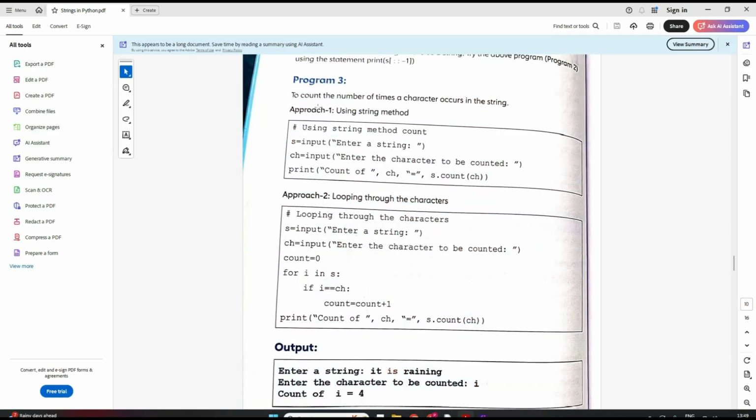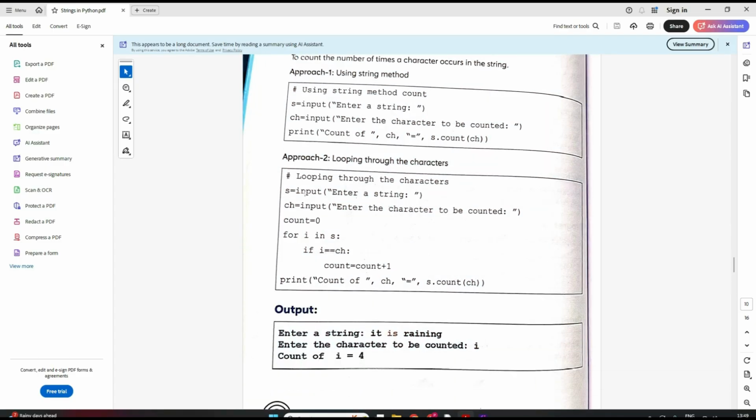Okay, this is approach 1 they have given. Through loop also we can find out, but I would suggest right now you don't go into this, but yeah, you can find out how they are finding. Again, they are inputting these two things, the main string and the character that they want to be counted. So here they have put count is equal to 0, initially they are taking 0 count. Okay, now the for loop they have started from I, and they are traversing one by one each character of this string, right?